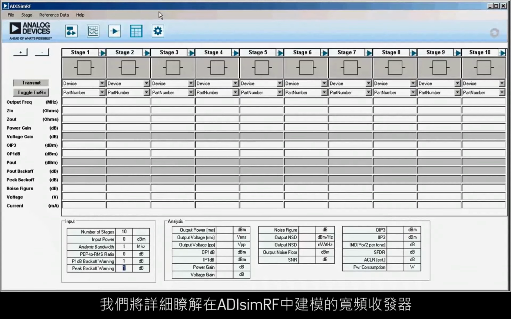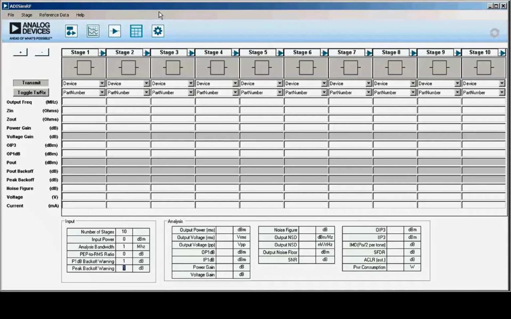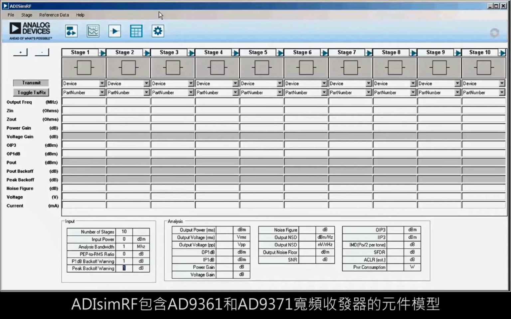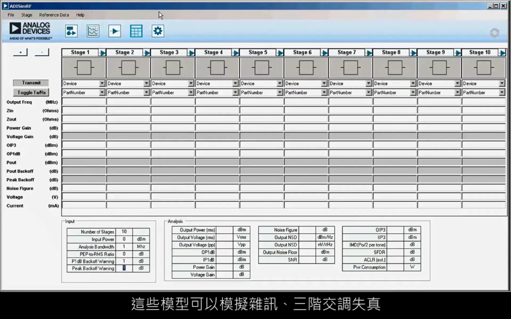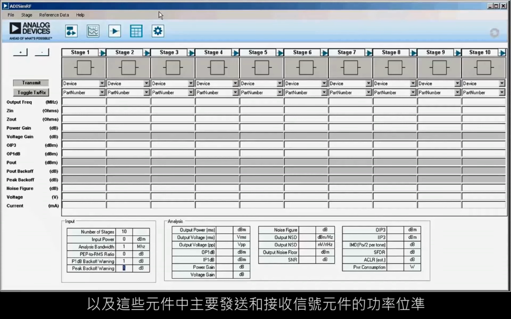Hello and welcome. In this video, we will take a closer look at the wideband transceivers that are modeled in ADIsimRF. ADIsimRF contains device models for the AD9361 and AD9371 wideband transceivers. These models can simulate noise, third-order intermodulation distortion, and the power levels in the main receive and transmit signal paths